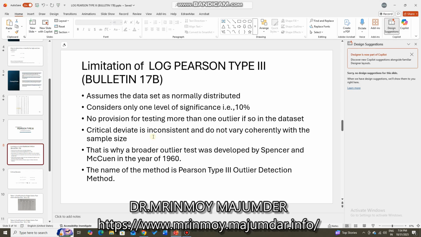Now that is why a broader outlier test was developed by Spencer and McCuen in the year 1960. The name of this new method was given as the Pearson type 3 outlier detection method. However, I am referring to this method as the Pearson type 3 outlier detection